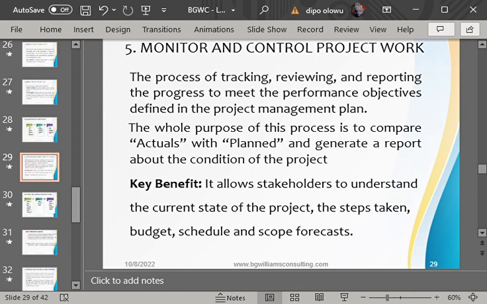Is it only at the monitoring and control process in the project? No. Take note. Monitoring and control project work actually starts from initiating throughout the closing of the project.